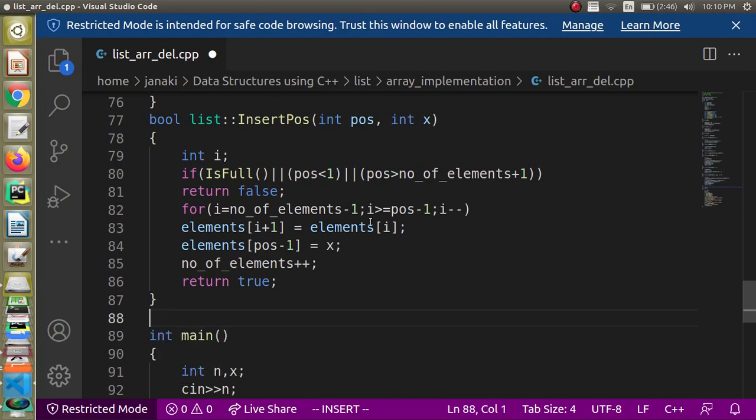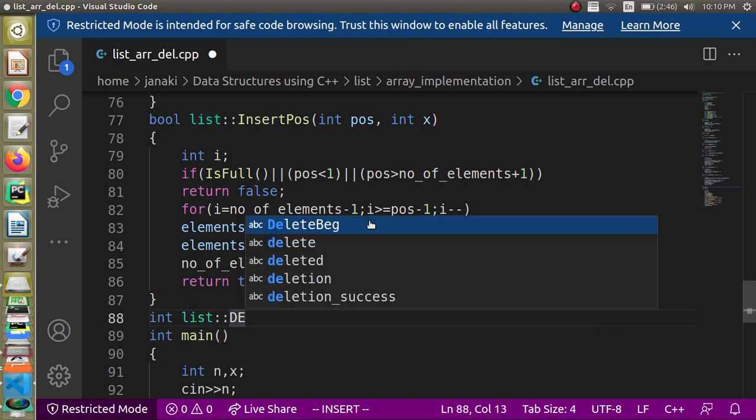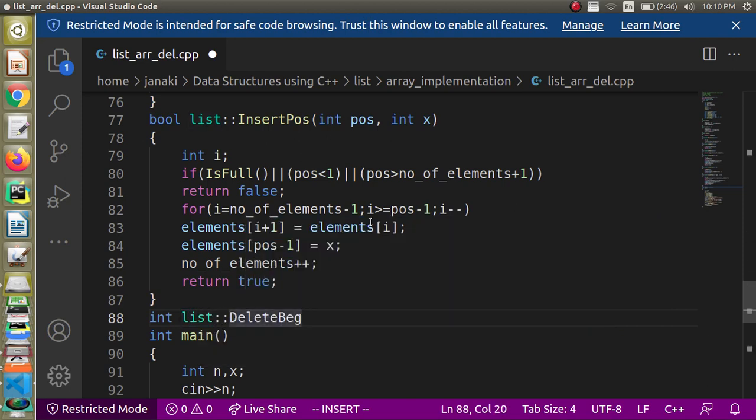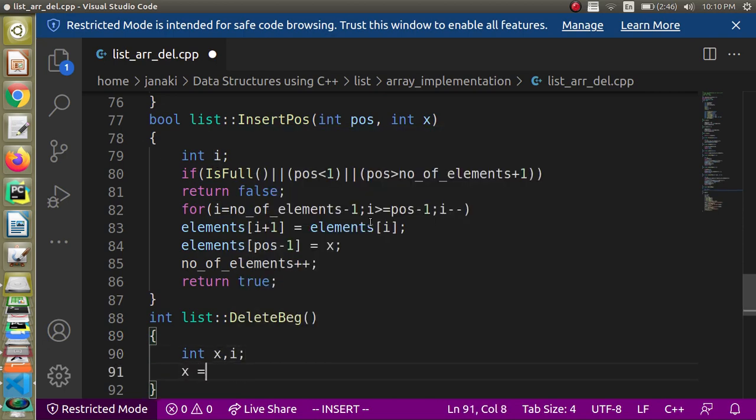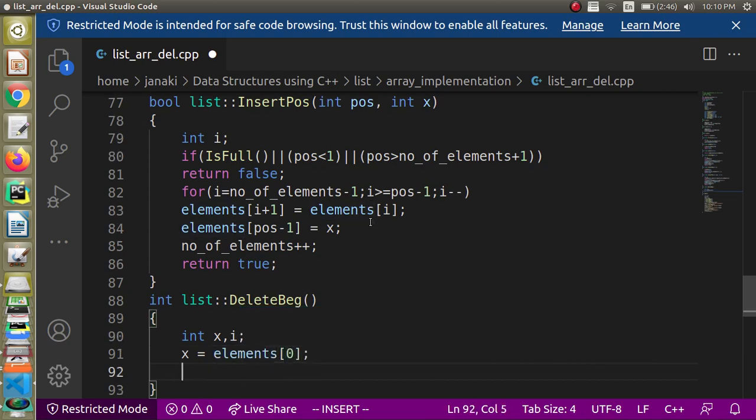So the return type is actually for the function int list, right? Delete beginning, call it, and then I am declaring a temporary variable and an iterative variable. First I have to store the first element in x, right? So x is equal to element of 0, and then what I should do, I should start from the second